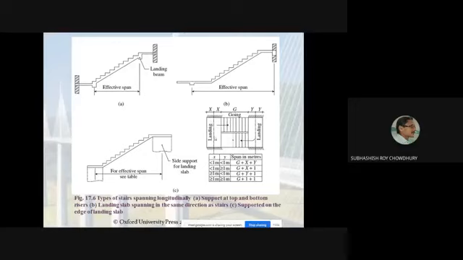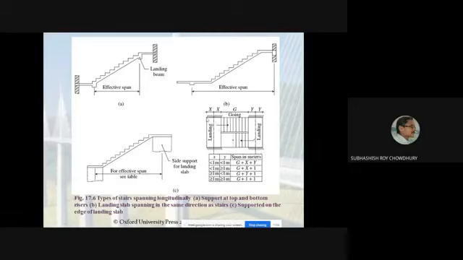Now, this landing slab is generally supported in this kind of construction over the brick masonry wall. Say there is one brick masonry wall along this line, and another brick masonry wall along this line. So this is the half landing slab, or say this is the full landing slab, supported over this wall and over this wall. And this is the half landing slab, which is also supported over this wall and over this wall.